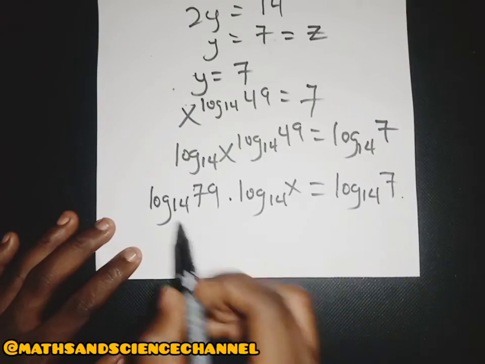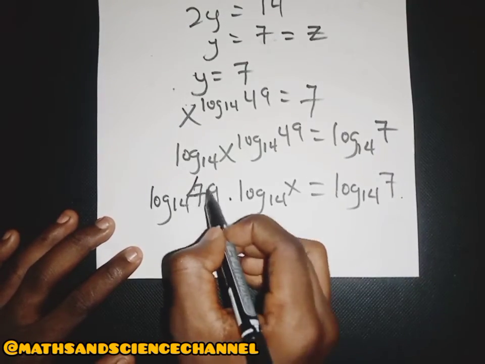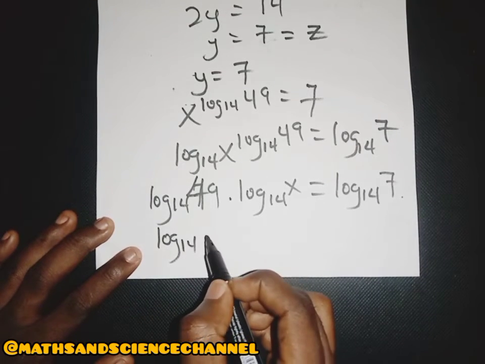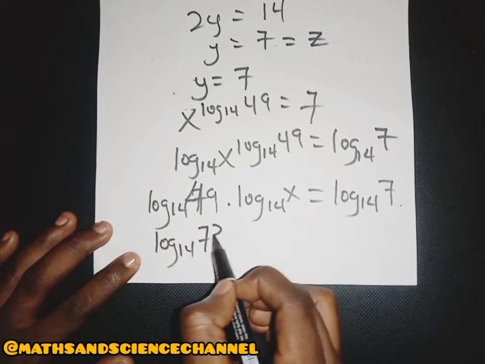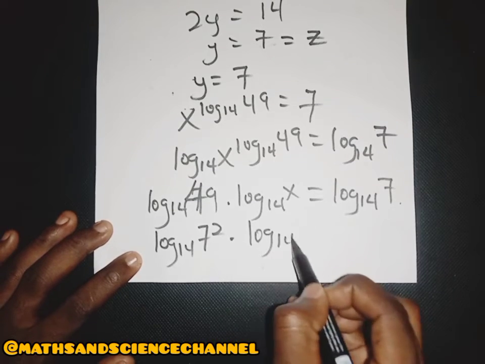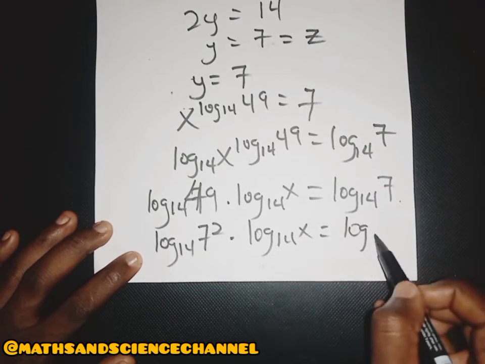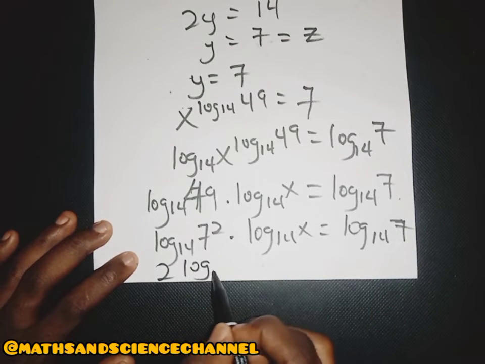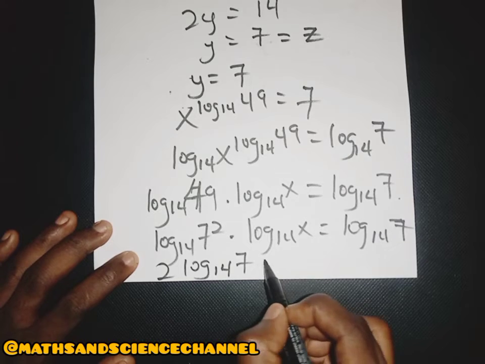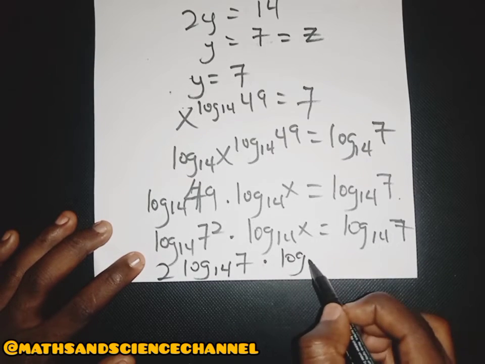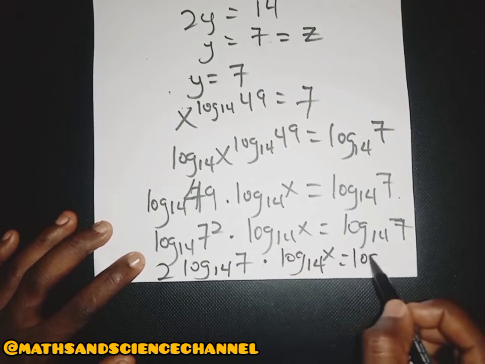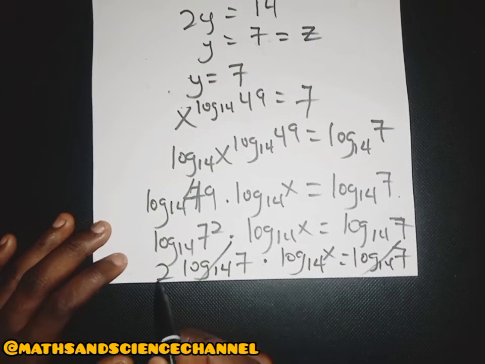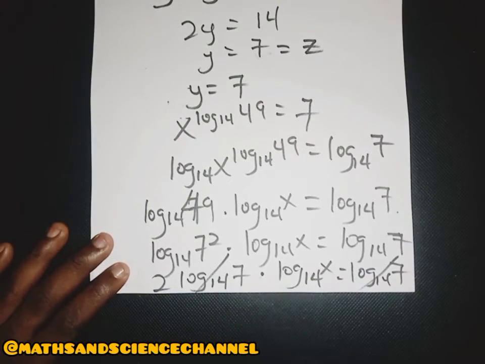So we realize that we can write the whole of this as, remember this is 49, so we have log base 14 of 7 squared, multiplied by log base 14 of x, being equal to log base 14 of 7. We can write this as 2 log base 14 of 7, multiplied by log base 14 of x, being equal to log base 14 of 7. These will cancel,